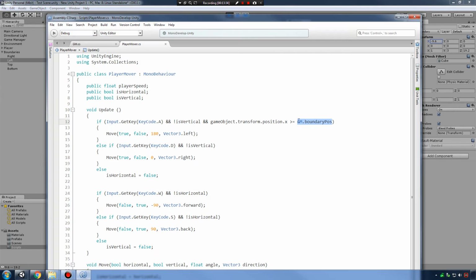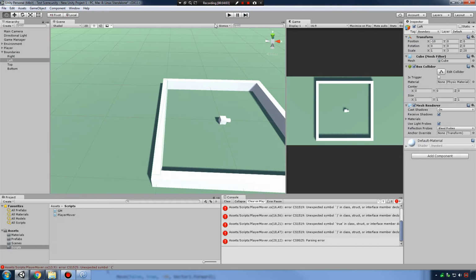Well, that's how we're going to account for that. We're going to account for that here in our third conditional check for our if statements when we press the A key here. So for this particular left wall, we're going to say if the player's position is greater than or equal to, and then in parentheses, the negative value of my boundary position, and hit Control S. So basically what we're saying is,